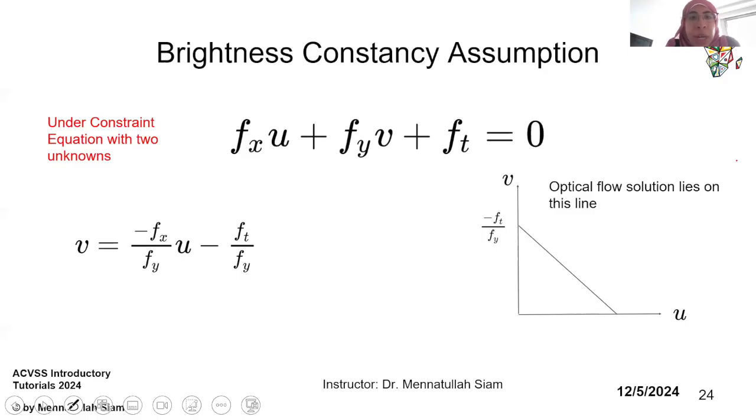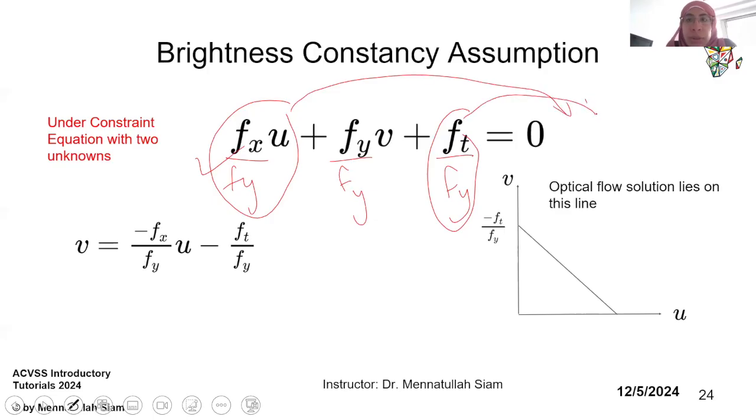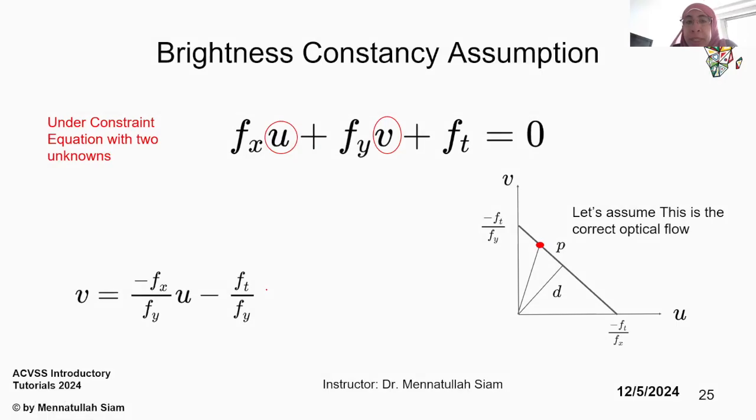So you have here a line equation, right? I just rearrange things, basically divide by Fy and then rearrange to go the other way. So this equation here, if I plot it, you will find that the solution lies on this line. So if I have this point, it means the solution is